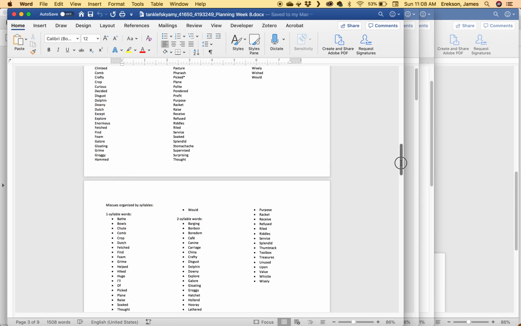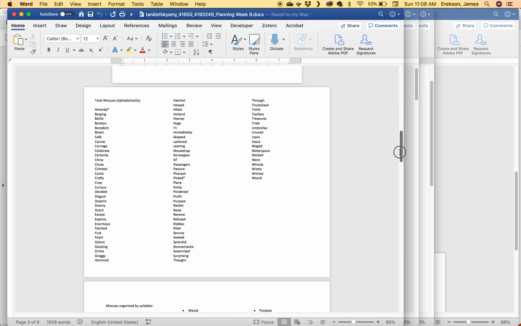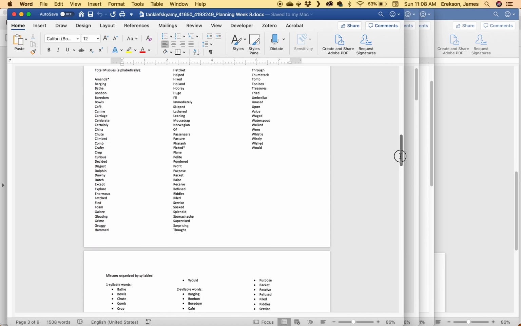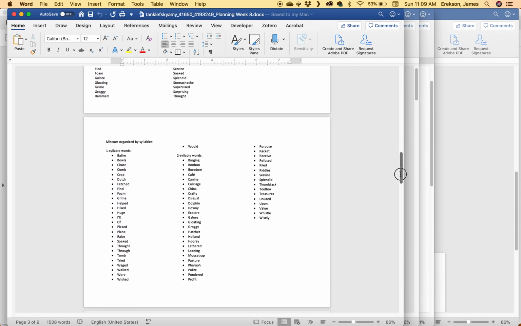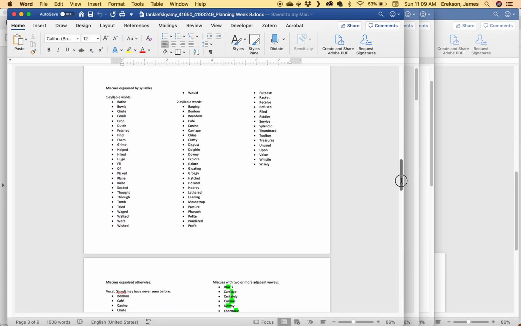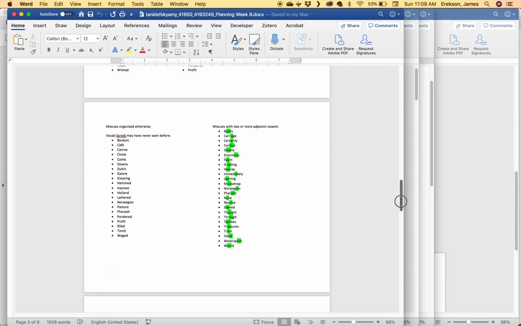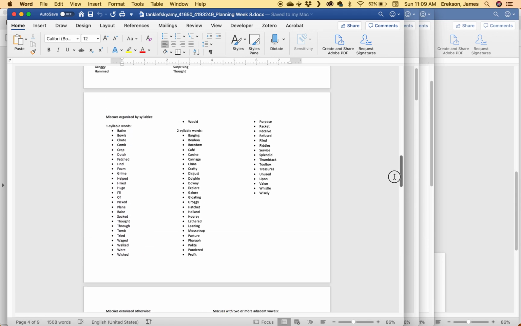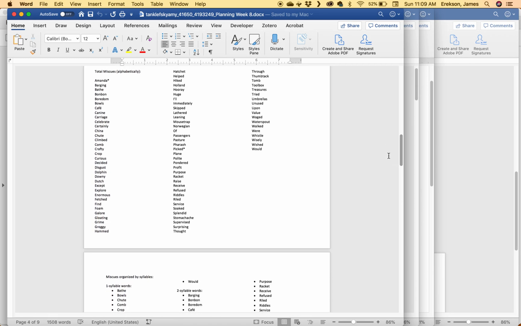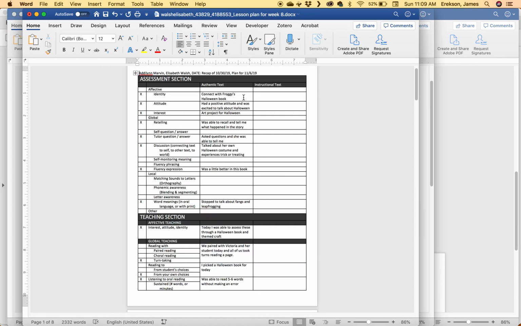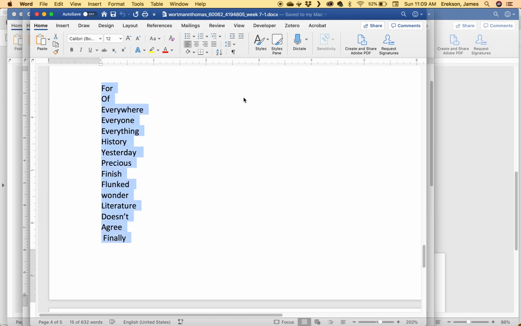Amy Tanklevsky, a tutor last semester, here's her total miscues, and she took that and organized it alphabetically just so she had a sense for how many words have we actually looked at here, and then here's how she started to organize hers. Simple by syllables, and miscues organized in other ways, just things that she was thinking about, double vowels, and vocabulary words. She had various different ways of looking at this huge list that she had gathered together. So another student, let's go to